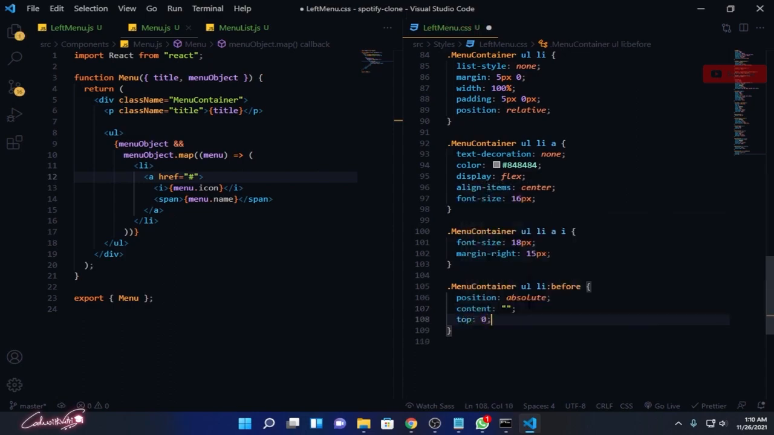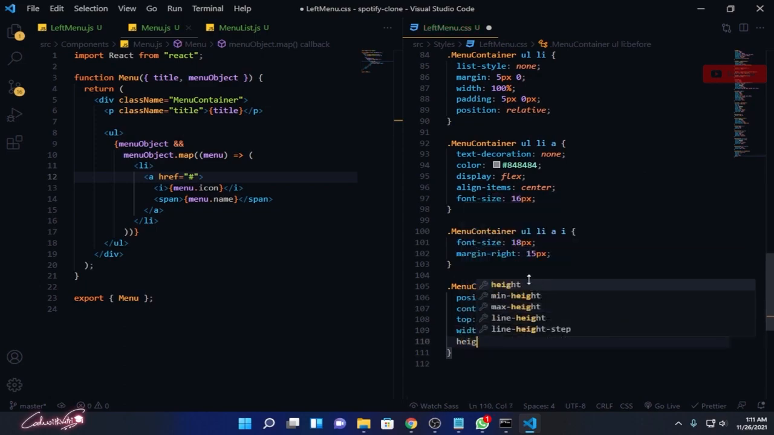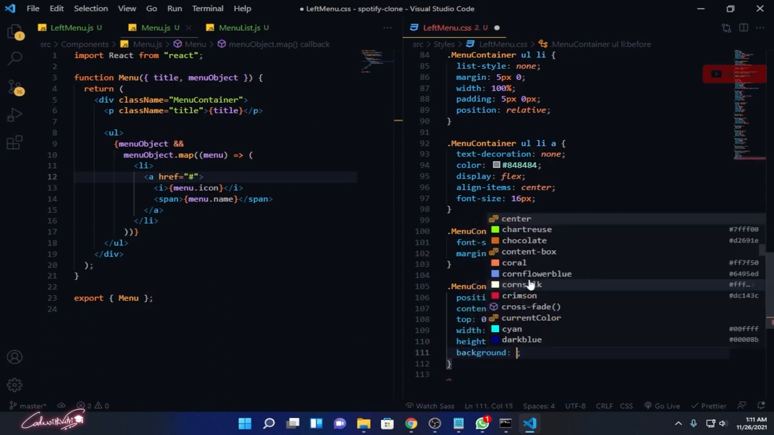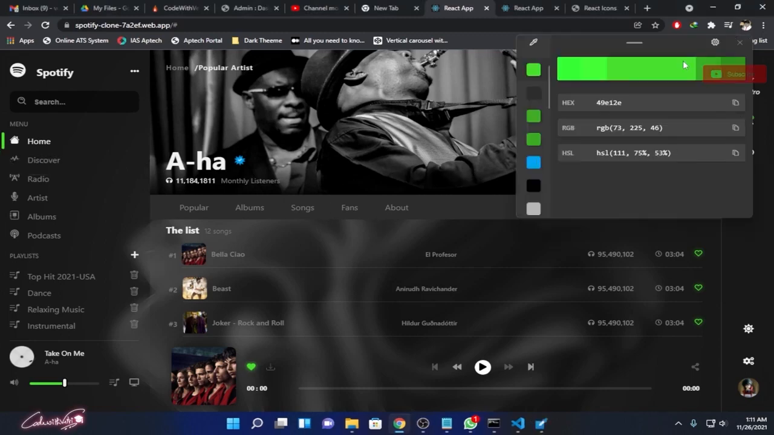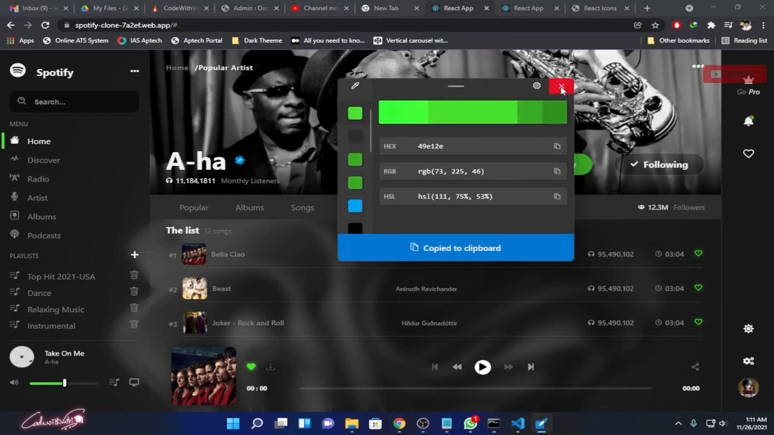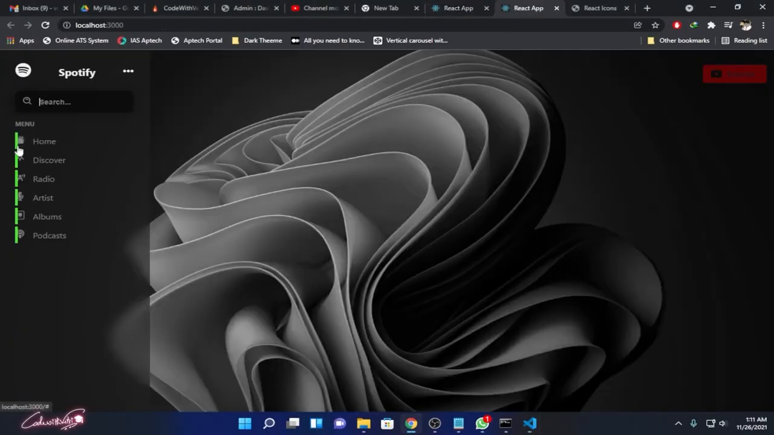So top 0, okay, and width, we can give width as 5 pixels, and height is going to be 100%, and the background color. That color we can copy from here. So I'll copy the color code from here, click it, so that gives me the color. Copy it and paste it over here. Okay, and here we go, we have this